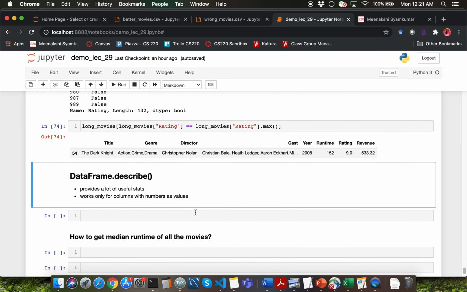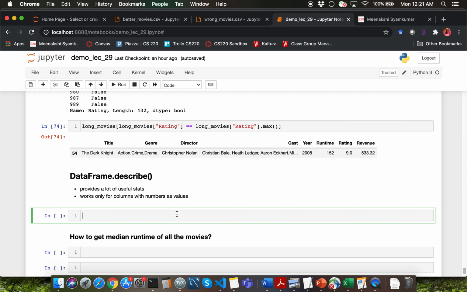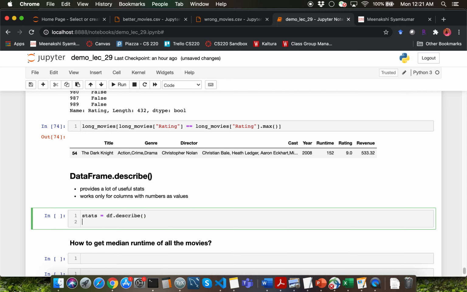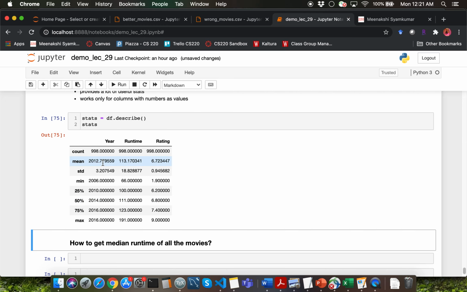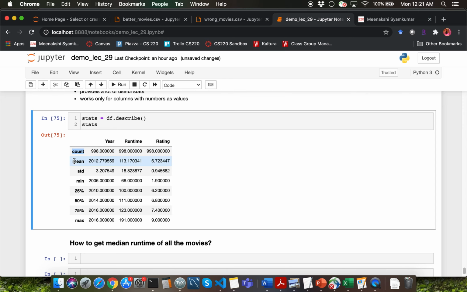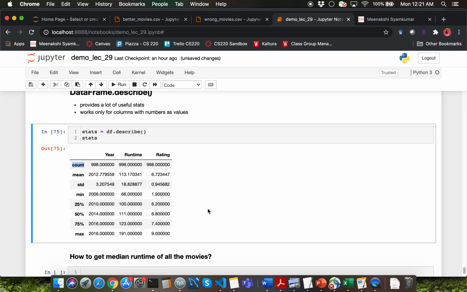Right, the last thing which I want to show you is a describe function, which is super useful. It computes a lot of statistics which are very useful from a data frame. It returns a data frame of statistics. So let me go ahead and call the describe function on the data frame df. I'm going to capture the return value into a variable called stats. Notice that we are getting a lot of statistics, including count of number of rows, mean, standard deviation, min, max, and also 25th, 50th, and 75th percentile over here.